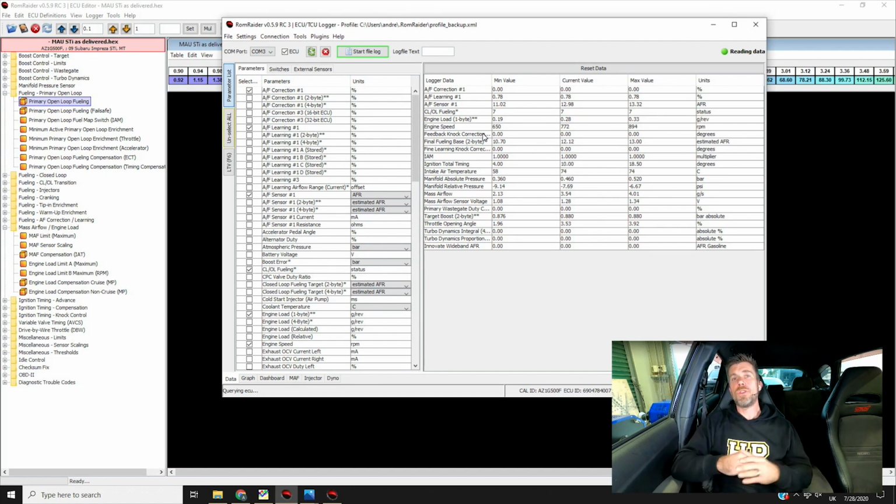If we've got no knock activity, that IAM value should be sitting at 1.0, and that's actually a really good health check for the quality of our tune. If we're seeing our IAM value drop away from 1.0, this means some knock activity is occurring, and we need to inspect that. So once we know that, 1 multiplied by our advanced map value, and that gets added in on top of our base value.